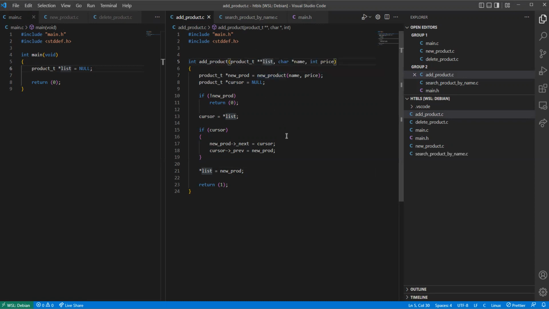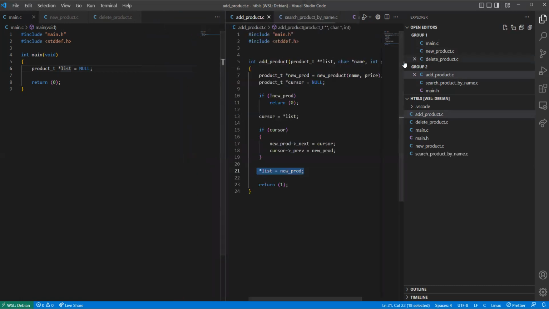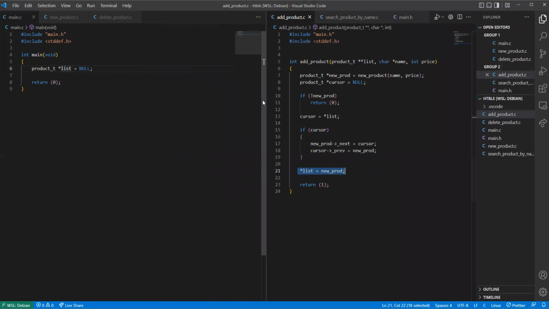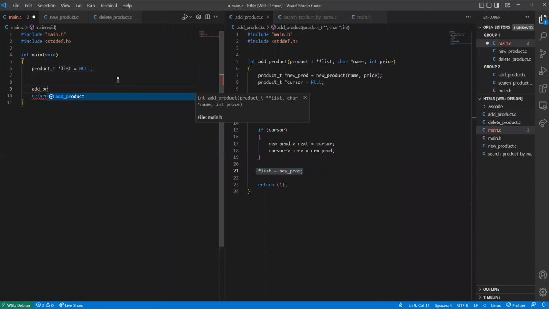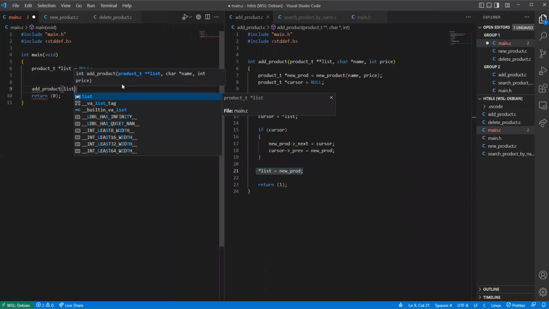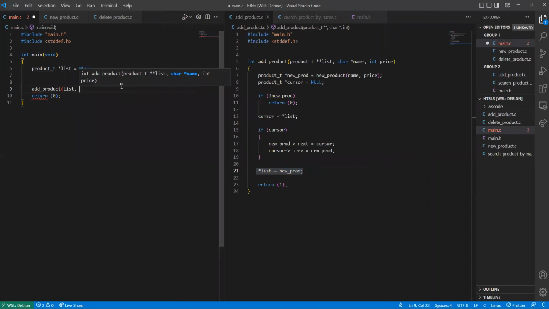We pass in a pointer to a variable when we want to modify the variable, the content of the variable. For example, here, on line 21, you see that we're modifying the list. This is because if you look into the main function and you call the add product function here, then you pass in the list like that, then with the other